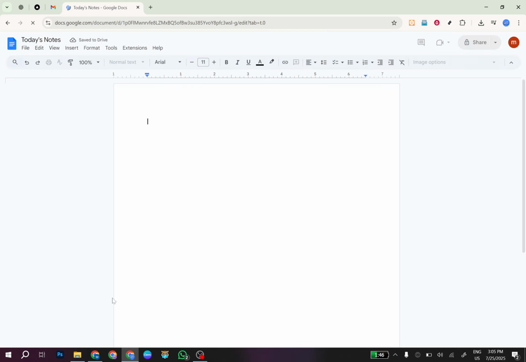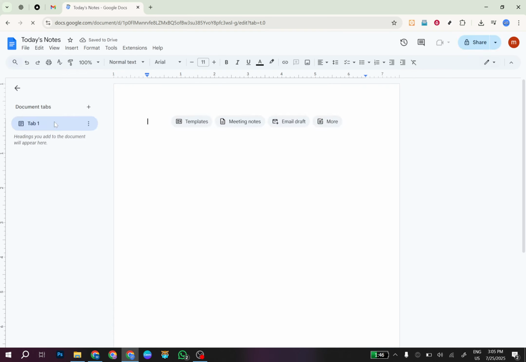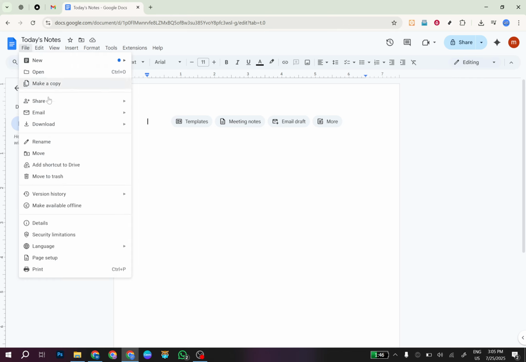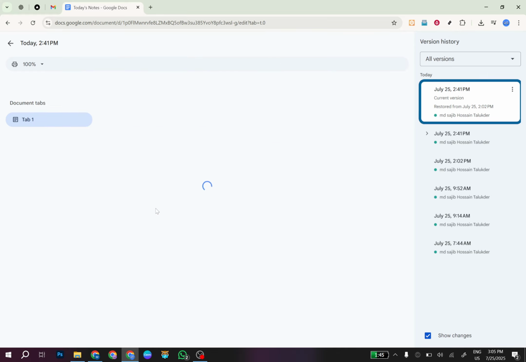versions of your document. You will notice timestamps and possibly the names of contributors if it's a shared file. This timeline shows all the saved versions of the document, allowing you to review or restore any previous state. Each listed entry represents a point where the document was changed and automatically saved. You can click on any of these entries to view what the document looked like at that specific point in